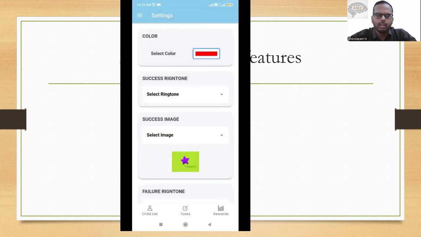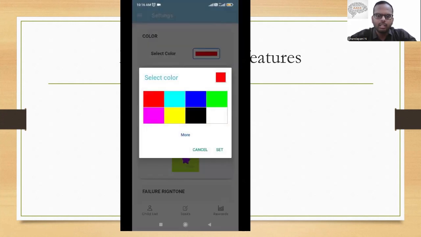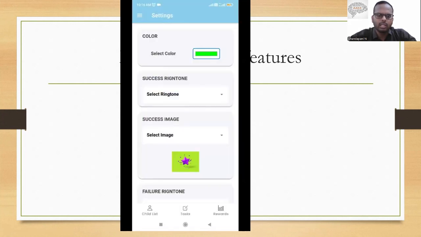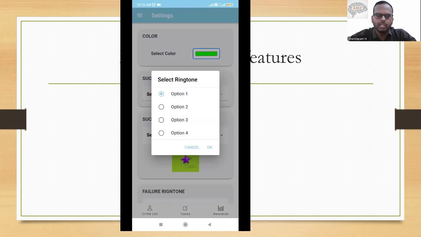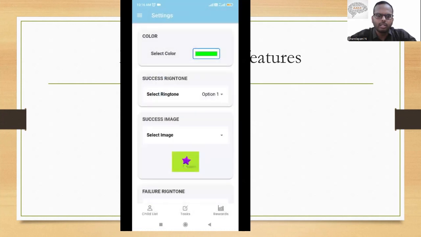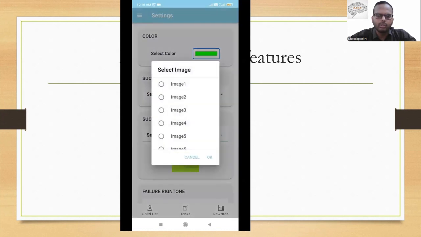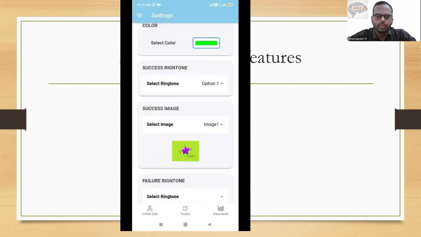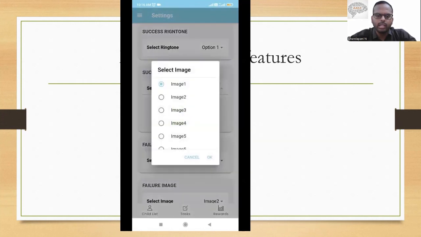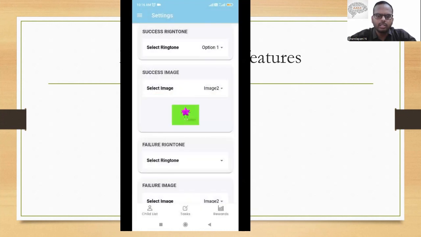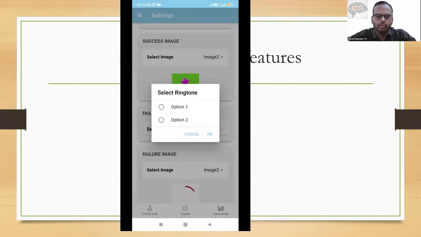There is a setting of choosing the color, whichever color you like. There is a setting of choosing an image. There is an option of choosing a ringtone. There is an option of choosing a failure image. There is an option of choosing a failure ringtone.